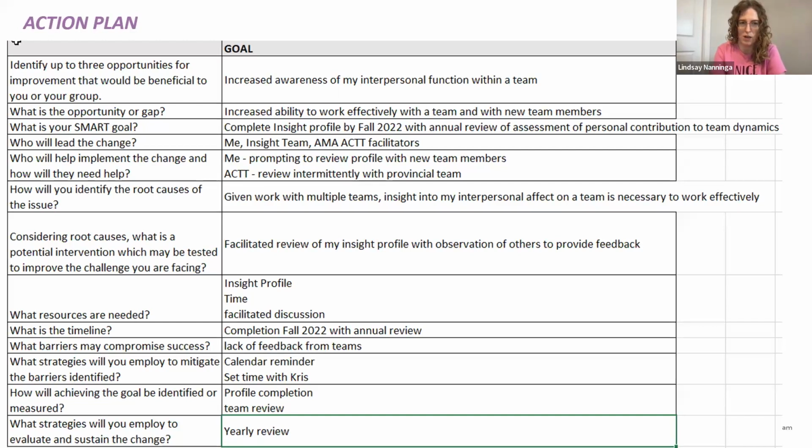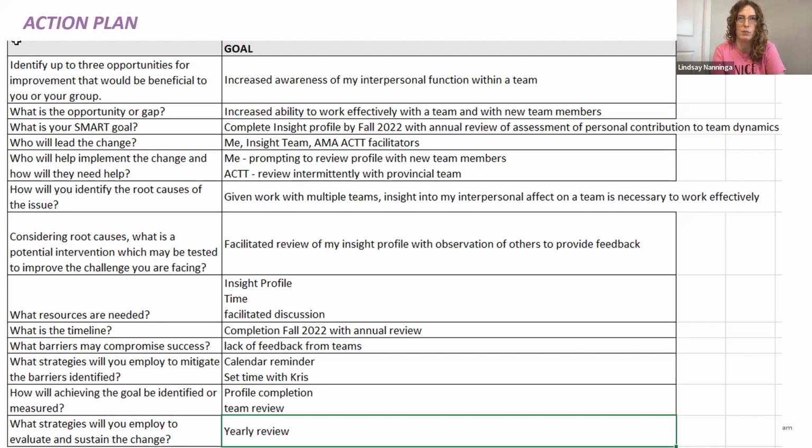I was essentially the one leading the change after that profile was completed. And obviously some of the challenges associated with that are my time and setting aside time for having a facilitated discussion. The barriers that I faced,